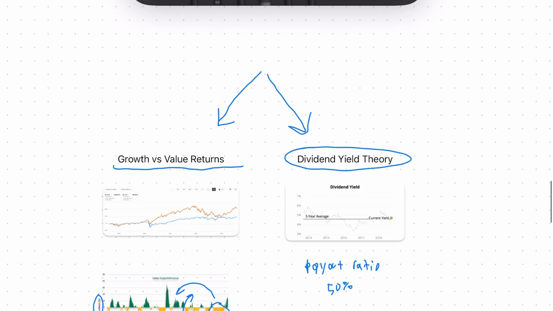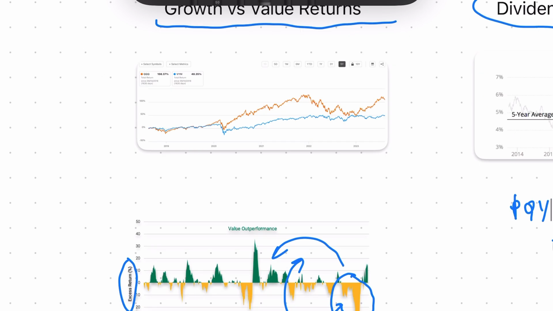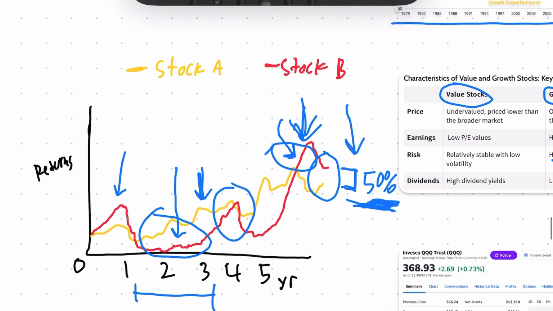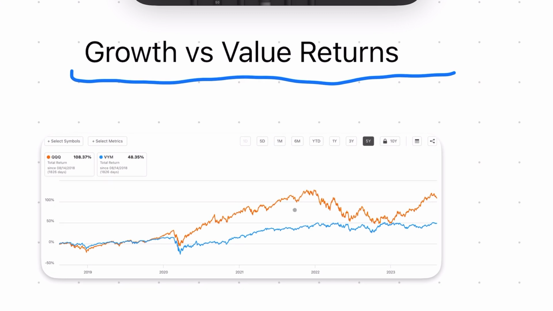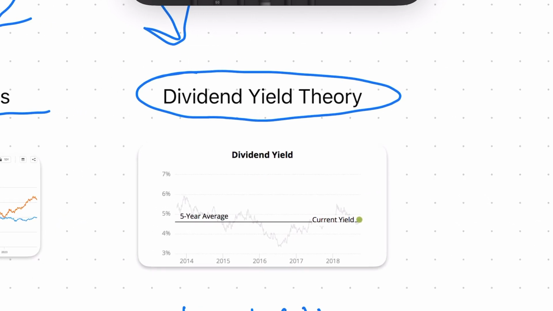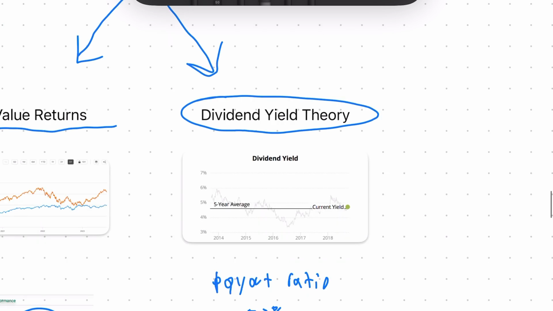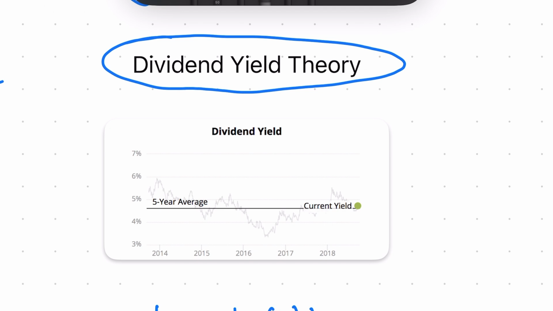So there you have it. Those are two major lessons I've learned so far in my investing career. The debate between growth and value is a lot more nuanced and complicated than it initially seems. It's not as simple as buying the line that goes up and to the right the most. And for us dividend investors, it's important to fully understand how the dividend yield works and reflects back on the company. Dividends are not some extra magical source of compounding. It's just part of the total return, and it tends to revert back to the mean. And for savvy investors, that could help you identify potential cheaper valuation periods.